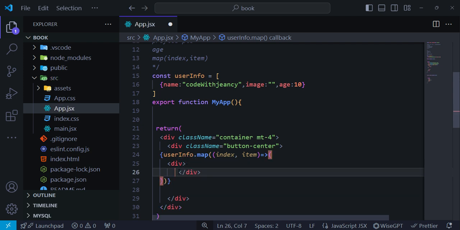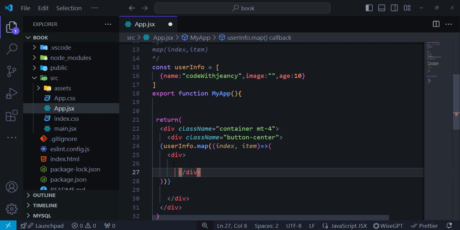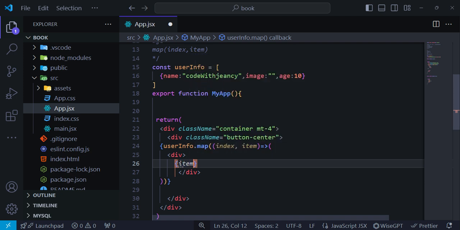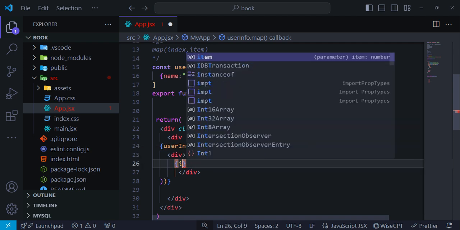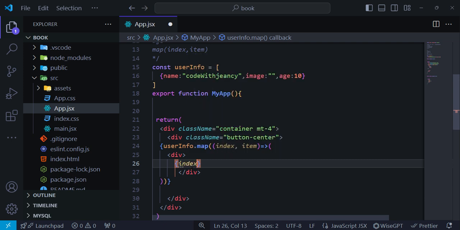And then now, because I know the names in our variable, I can come here and say item, right? Bracket again, item dot, right? Item dot index dot,